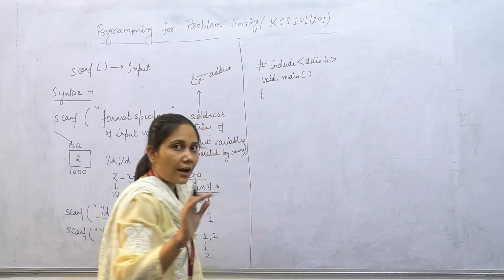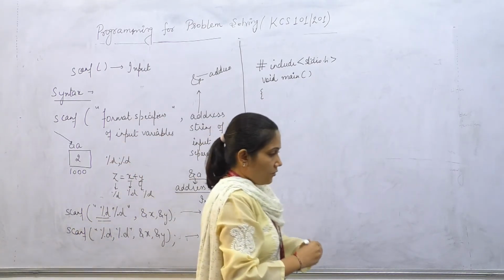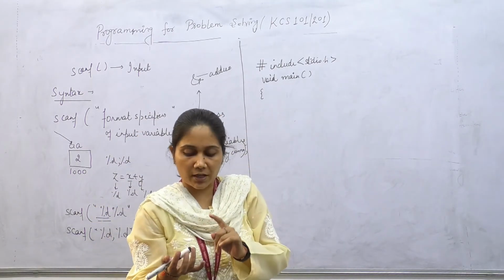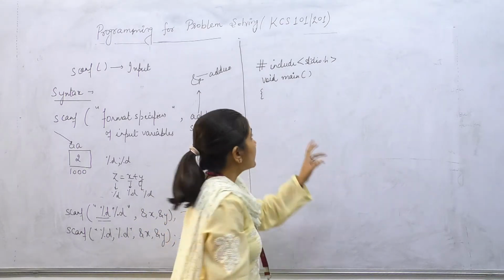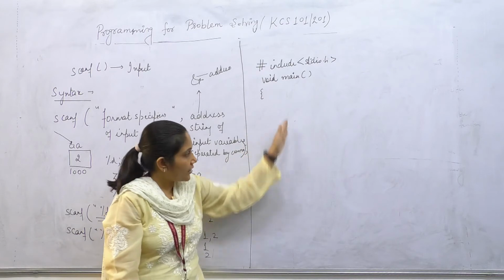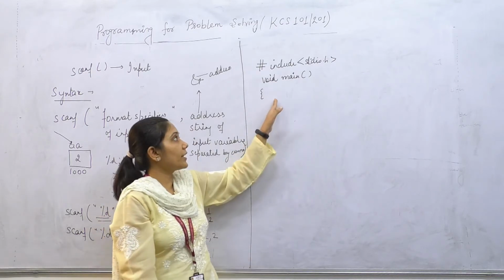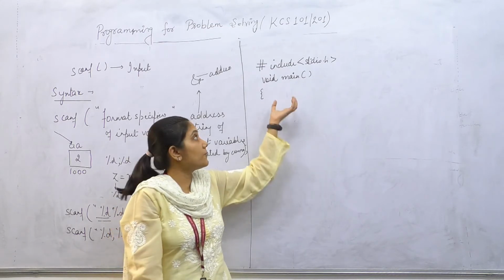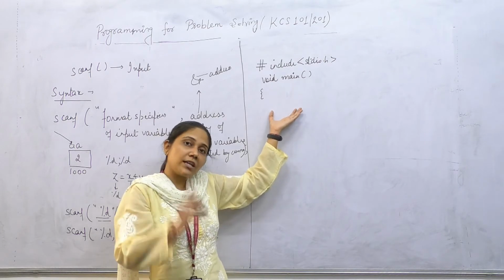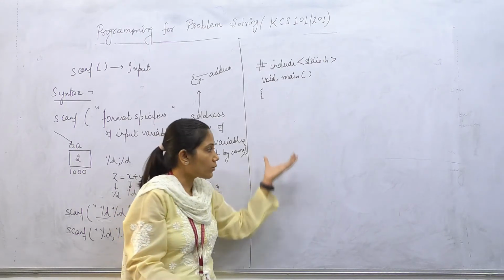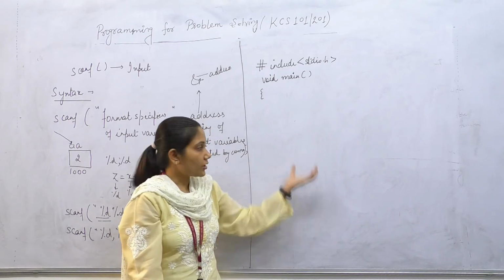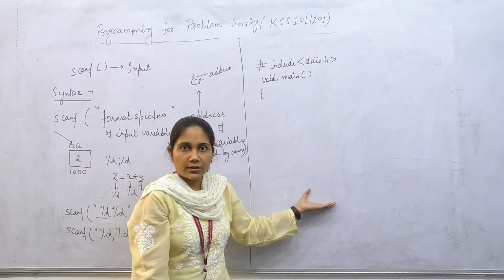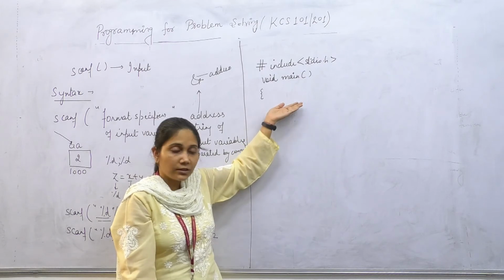Then first of all, we have to declare variables. Now, the most important part is this: in writing a C program, some of you must know about C++, so you'll get confused whether we have to declare all the variables wherever we are using them, or declare them at first. So make sure that while writing the C program, you have to declare all the variables at the first place only. Right? At the very starting, you have to declare all the variables which you are going to use in your program. Okay, you are not supposed to declare the variables wherever you are using them. First of all, you have to declare all the variables here, then you can use those variables in your program.